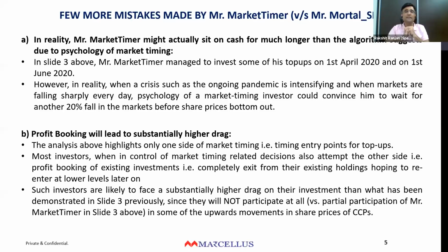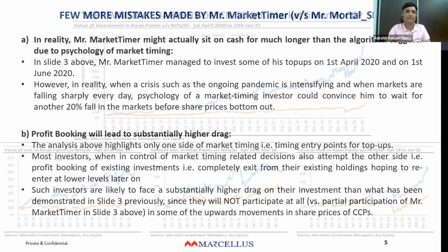If you as an investor are giving yourself a trigger to decide on the timing, you will not just decide on your top-ups. You will also decide on the capital, right? You will try to book profits. You will try to redeem the entire investment with the hope that you will go in later again with the entire pot, and hence the XIRR drag that we have shown in our previous slides, right?